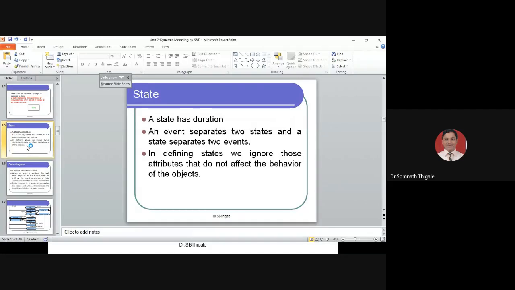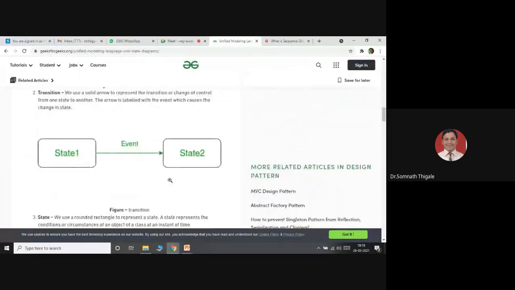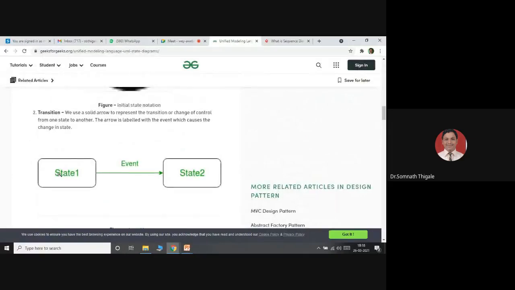Understand this? An event separates two states and a state separates events. If I go in reverse, the event is again a different event, but the state will move; whatever change there is in the state, that change may be because of the events. So remember this.